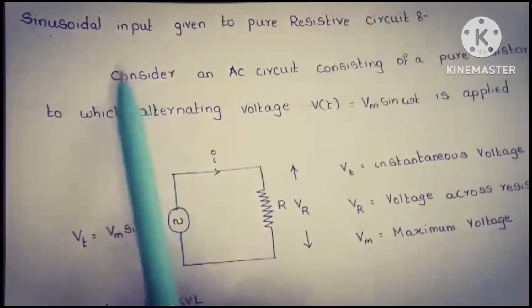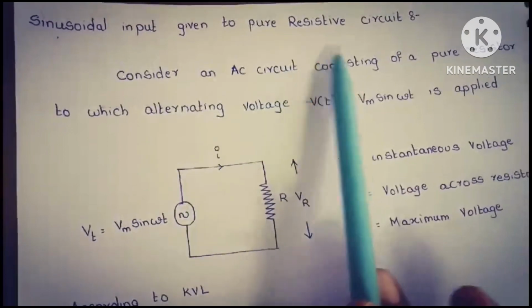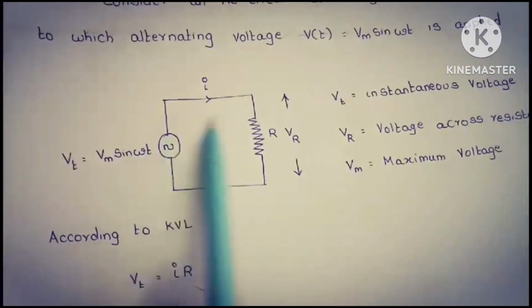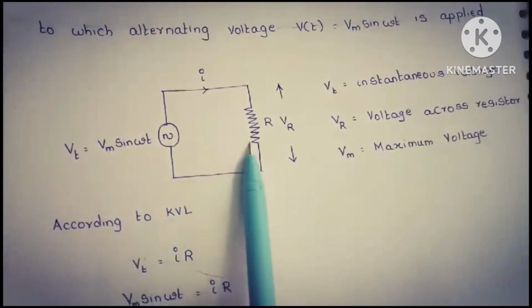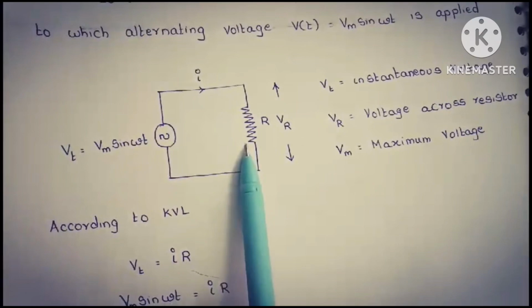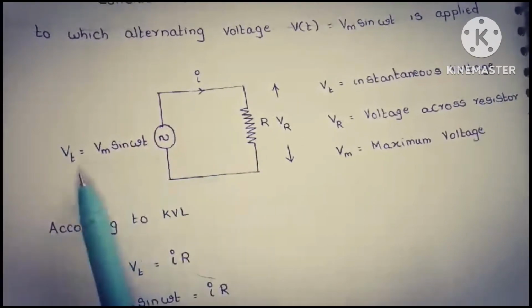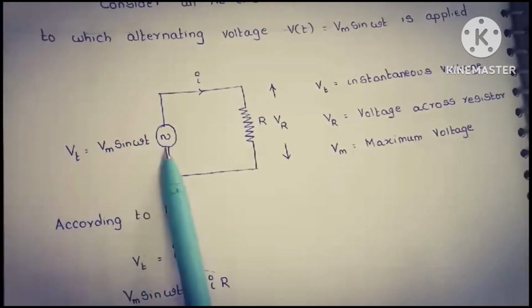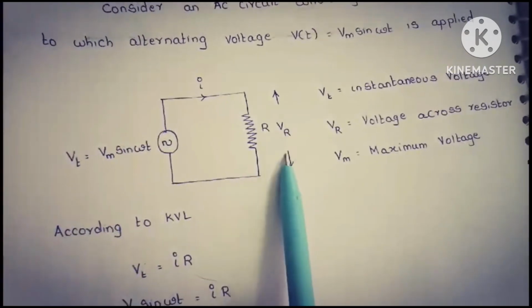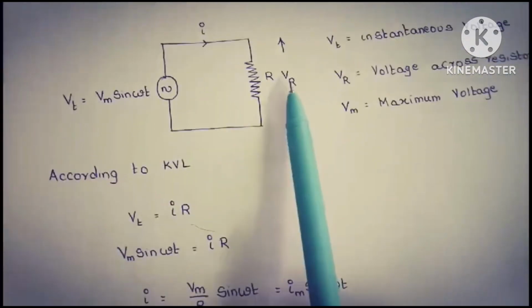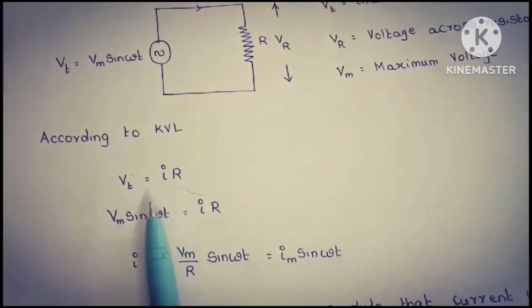The next topic is sinusoidal input given to a pure resistive circuit. Here, let us consider a circuit which is connected to an AC supply and consisting of a pure resistor. Let the voltage across the supply be taken as Vm sin omega t, and let the voltage drop across the resistor be Vr. So according to KVL,